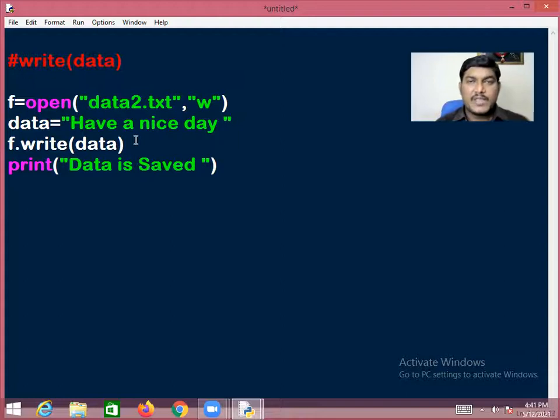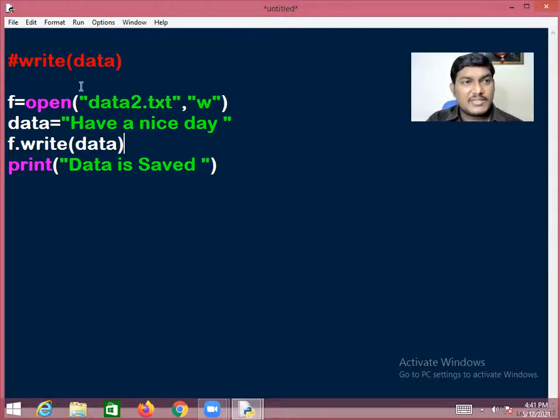You people may have a doubt: if you create the file, where is this file going to be created? This file is going to be created in the same directory, meaning the directory where this program is executing or existing. Is there any possibility to create the file in a different location? Yes, that will be discussed in forthcoming sessions. Don't worry about it.